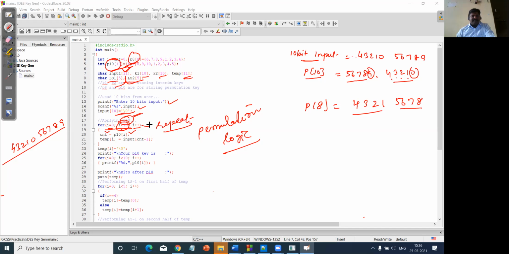Keep in mind that the for loop always defines the number of times the process has to be run, right? And followed by that, cnt is the count variable. Initially I've declared it as 0 here, and now I'm going to assign the value which is equal to P10 of I, right? So here, what I'm going to do is that the first value, whatever is there in that, as I defined, my P10 of I value, the first value will be the 6th position. So here the 6th value will come, and followed by